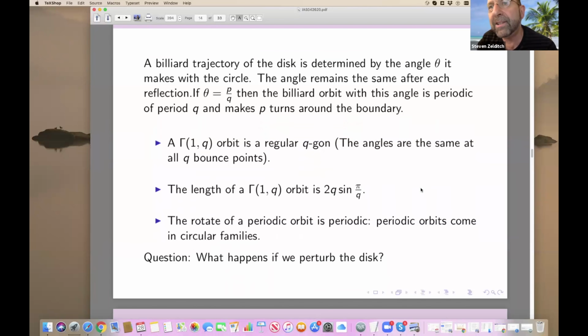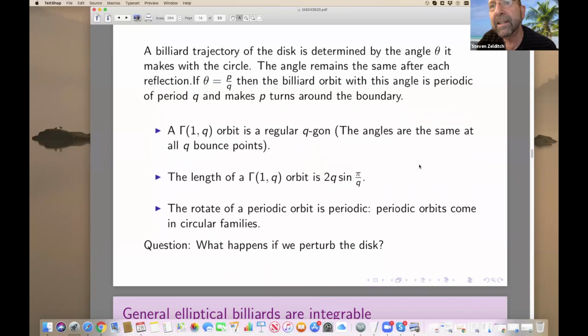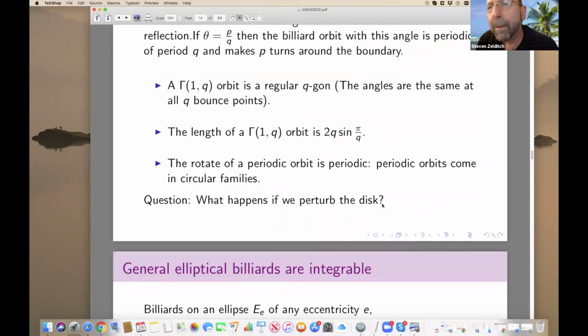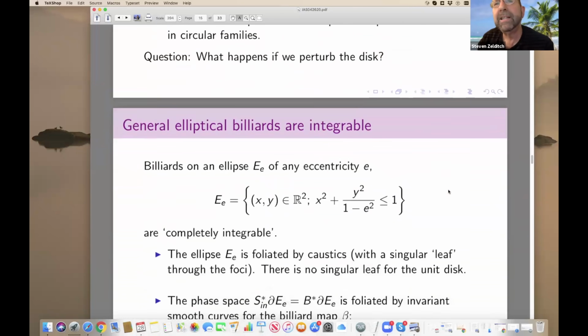You can calculate its length like this. And of course, you can rotate periodic orbits, so they obviously come in rotated families. Perhaps strange to say, if you perturb a disk, you can get all sorts of dynamical behavior to occur. So ellipses